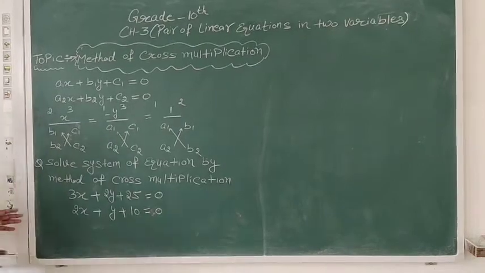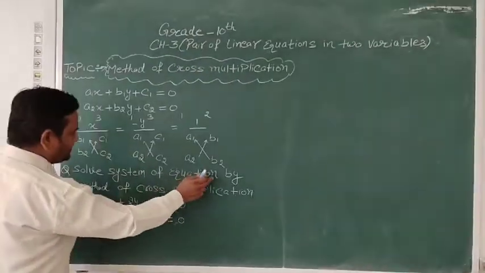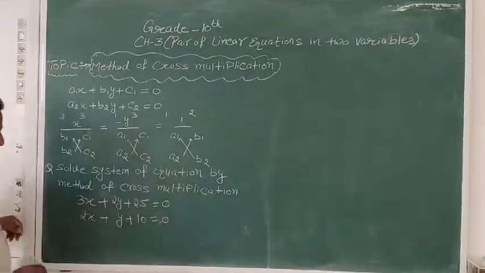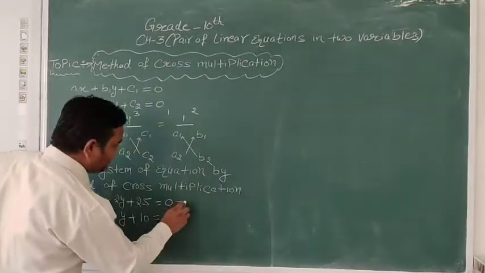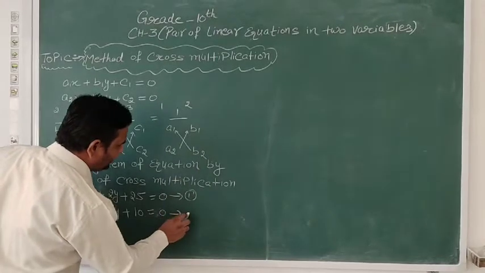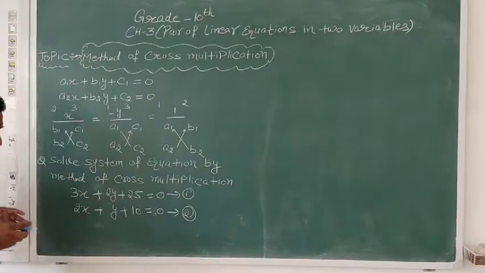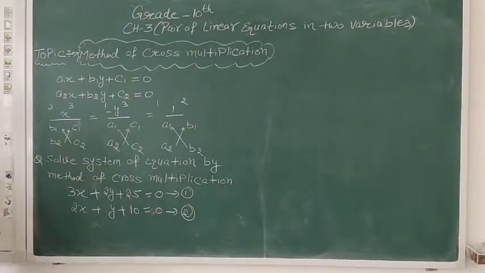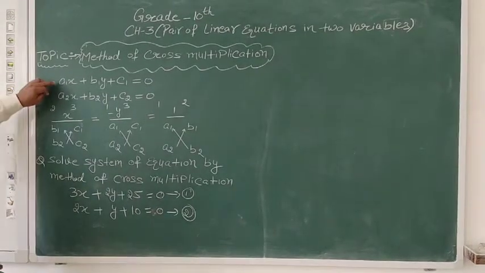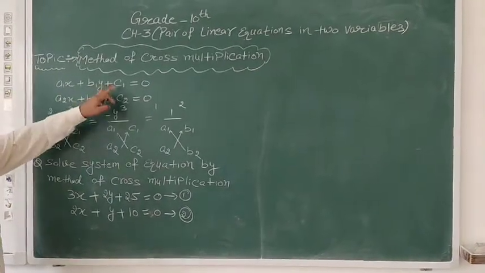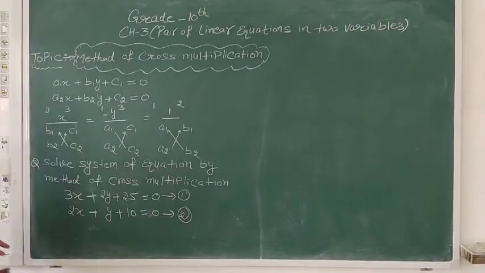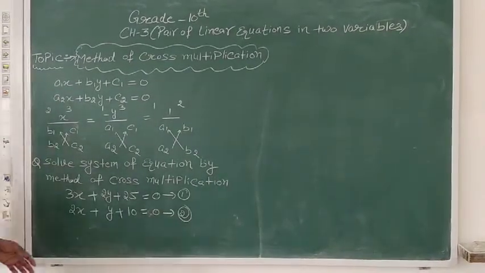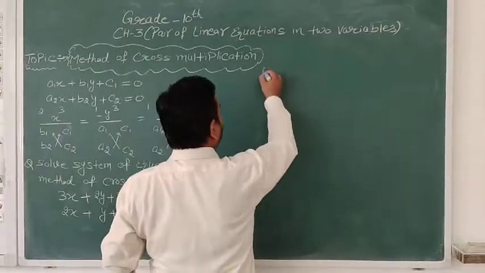So let us solve one question. Solve the system of equations by the method of cross multiplication, and here are the two equations. So students, first of all, let us give this equation number 1 and this equation number 2. First of all, we have to find our a1, a2, b1, b2 and c1, c2. Not constants but the coefficients of x and y we have to find out. So in order to find out, what we have to do, let us